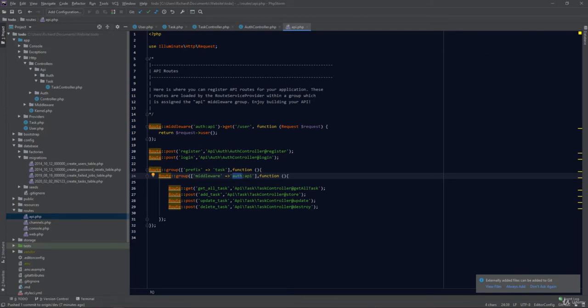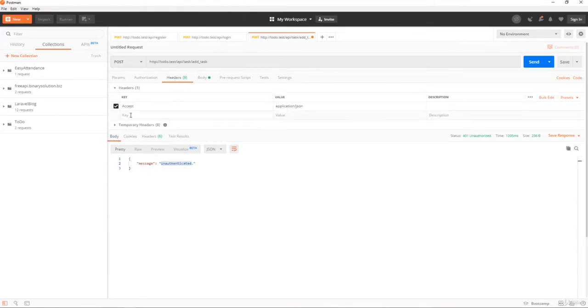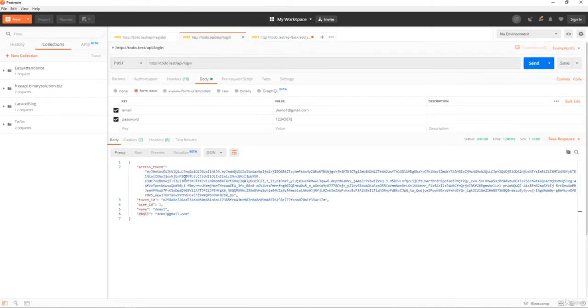For that, we will go to Postman, and in the header we will add an Authorization header, and in this authorization we need to pass the token. If we go to the login, we are getting a token here, and this access token by default is valid for 1 year in default Laravel Passport.